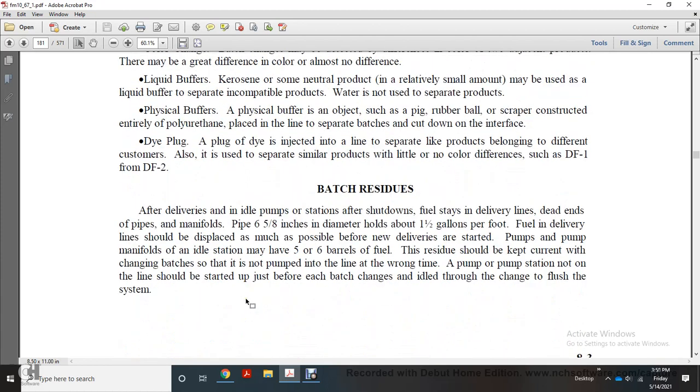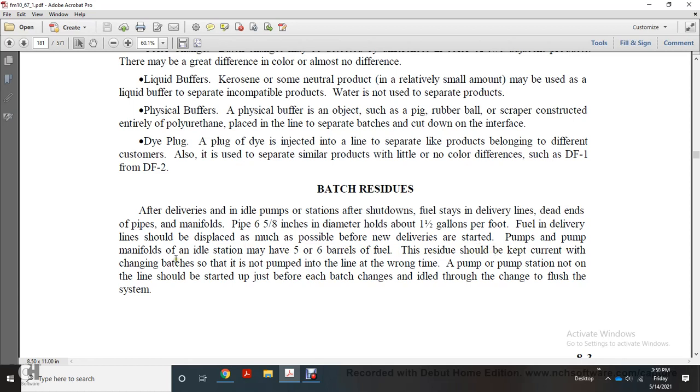Batch residuals. After delivery, idle pumps at the station, shut-down fuel station delivery lines, dead ends of pipes and manifolds hold residual fuel. Pipe 6 and 5/8 inches in diameter holds about 1.5 gallons per foot, and fuel delivered in line should be displaced as much as possible as each new delivery starts. Pumps and pump manifolds at idle stations may have 5 to 6 barrels of fuel. Residuals